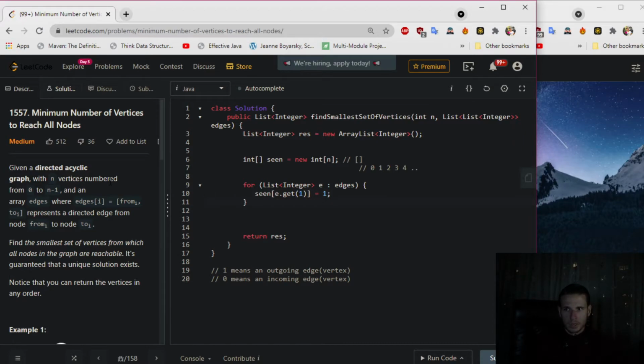So indices start from 0, and an outgoing vertex is gonna be here at the position of 1. Okay, at this point here we know, as I said before, we know that